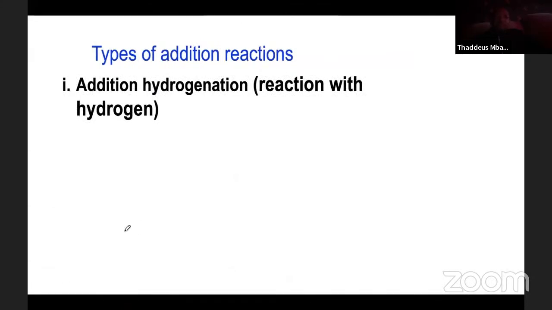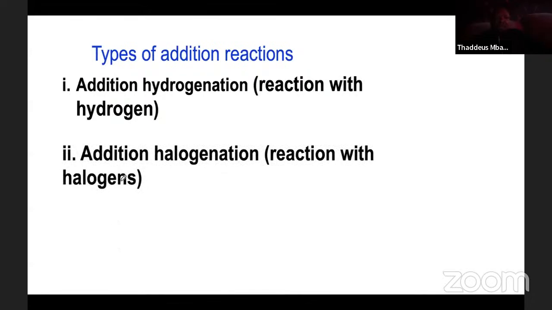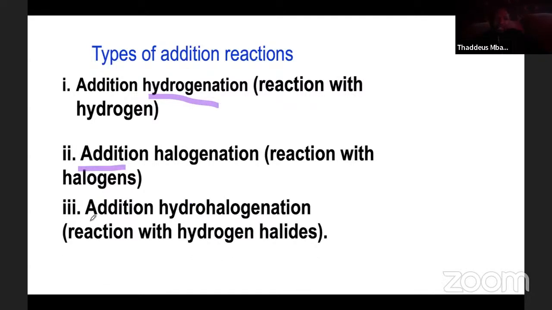So this one, sometimes we normally call it hydrogenation. So this is exactly what happened. So addition, halogenation. But the keyword, the only one we identify hydrogenation is this one. Hizi zingine zote tunaziita addition. Reaction with the halogens, reaction with the hydrogen halides is simply called addition. So just write the types of addition reaction. Reaction with hydrogen is called hydrogenation. But reaction with halogens and hydrogen halides is simply called addition.